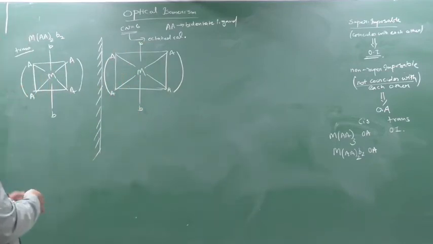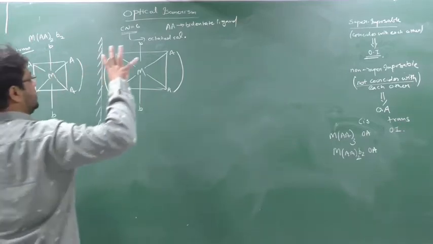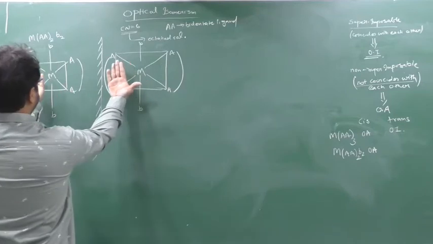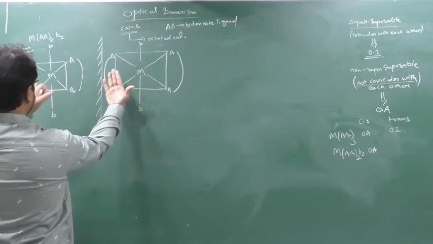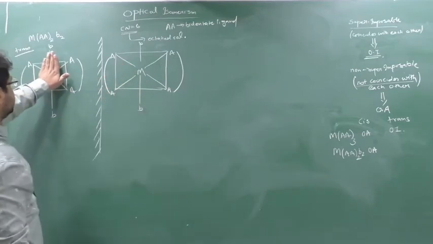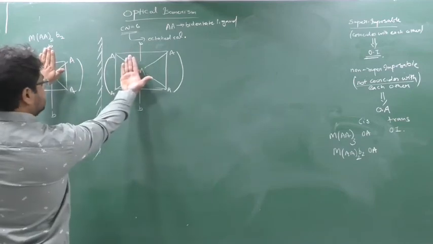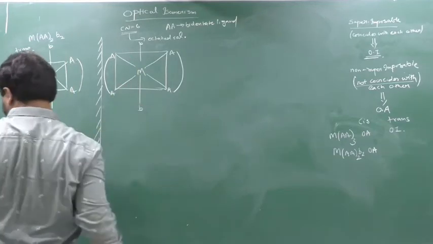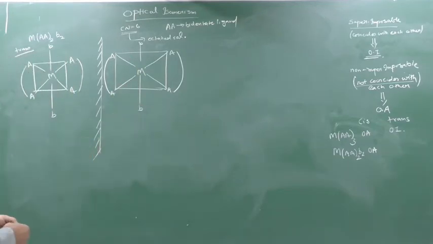They will coincide with each other. Take the object and put it on here. So it will coincide with each other. See, this was the object. Yes or no? This was the object, and this is the image I got. Same. When you place this like this, they coincide. When they coincide, they are optically not active.